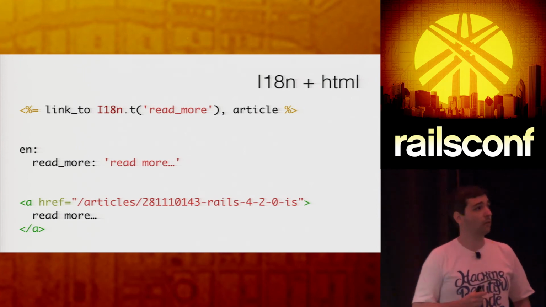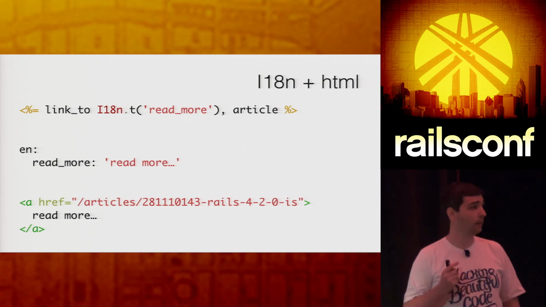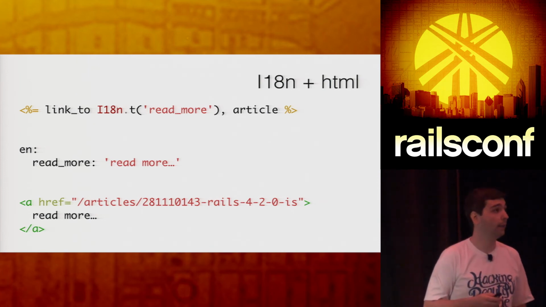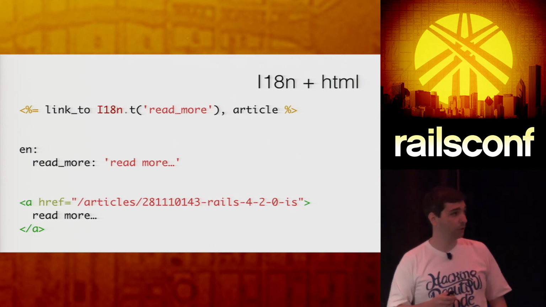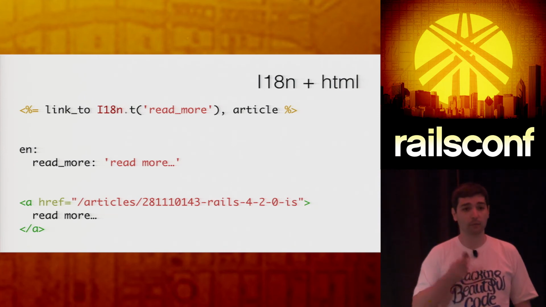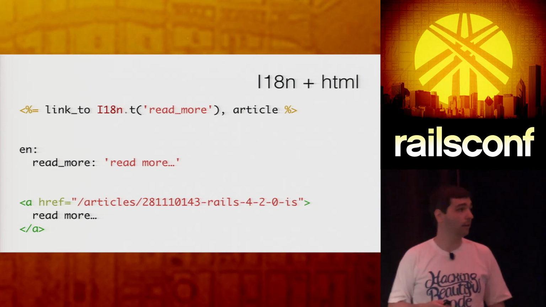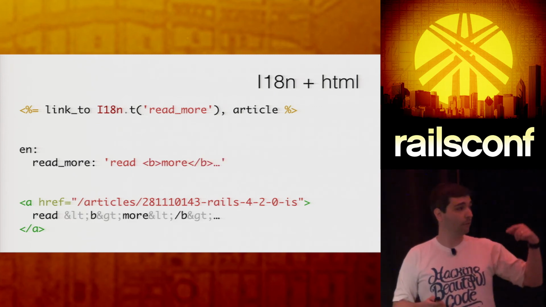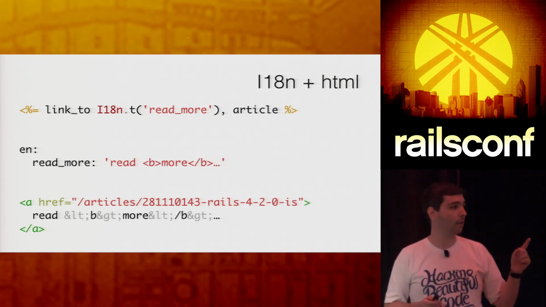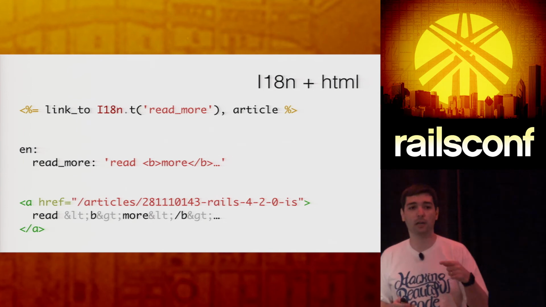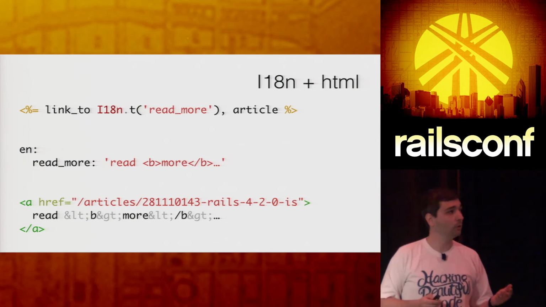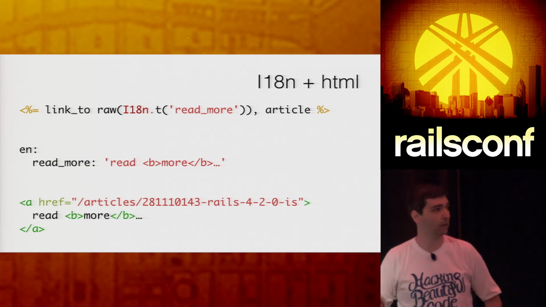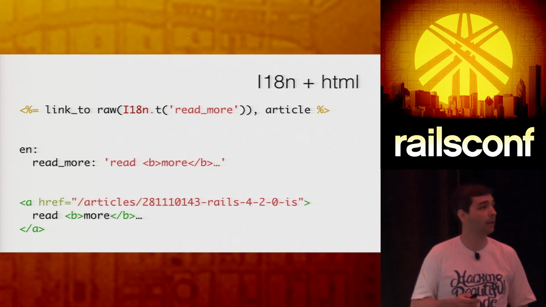And now talking about internationalization a little bit, let's say we want the read more link to be translated, right? So we will do something like that. We will call I18n there and have that locale file. But if we want to have some HTML in that, it will get escaped in the output, right? So what people usually do is, well, let's just use raw here. It's okay, it's going to call html_safe on that, and it's going to be fine.